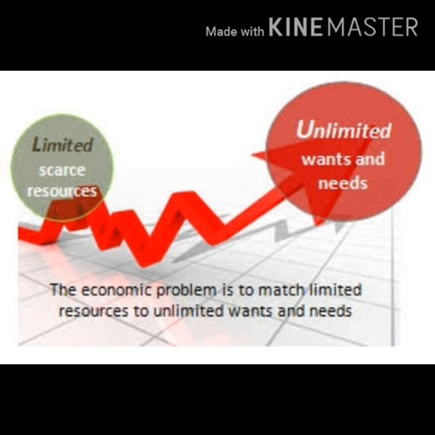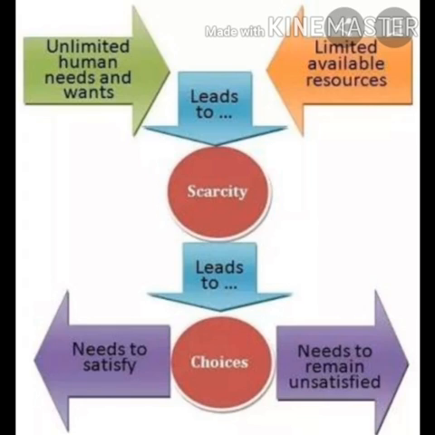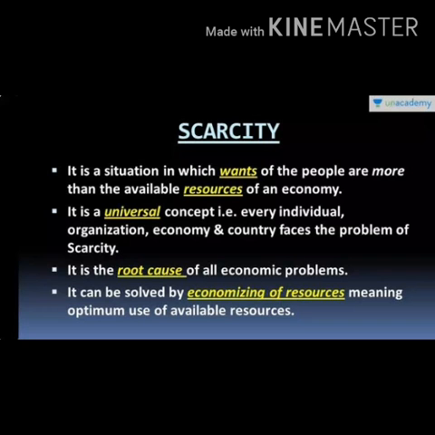Now children, as you know, human wants are unlimited, but the means which can satisfy these wants are limited. For example, you can't buy 10 candy bars if the store only has 5 candy bars, isn't it? So children, unlimited wants and limited resources give rise to scarcity, and scarcity leads to choice. Scarcity is the situation when people's wants exceed their resources. Okay, so scarcity is the fundamental problem of every society.